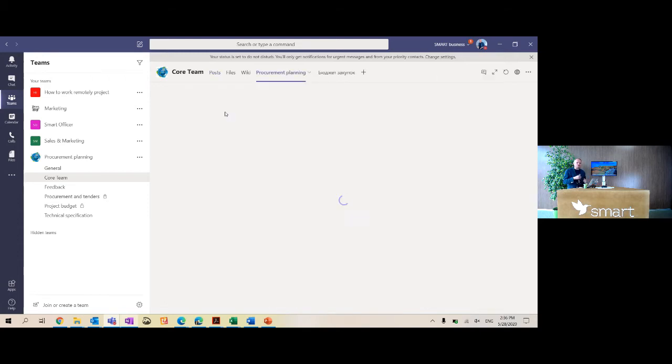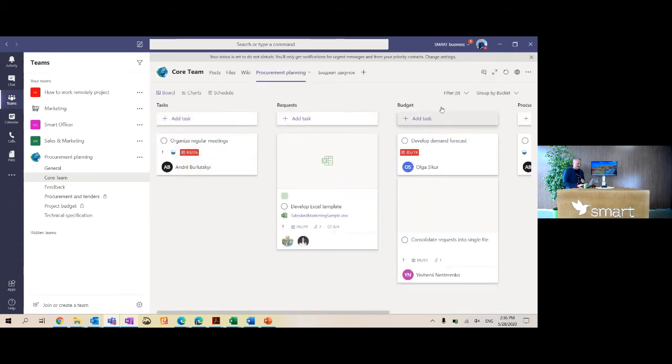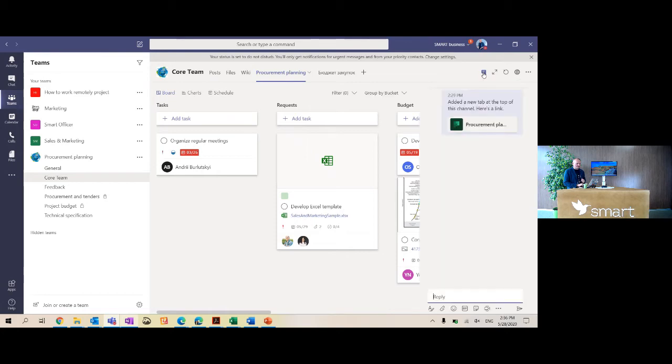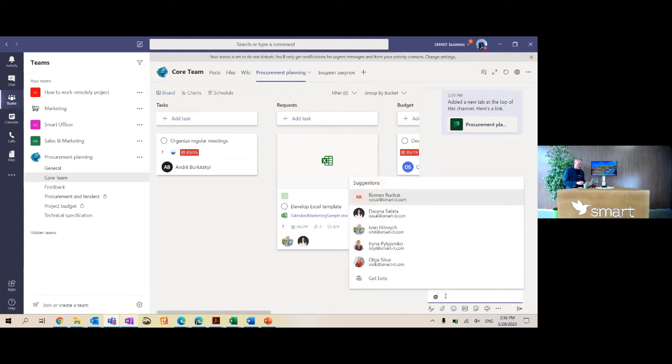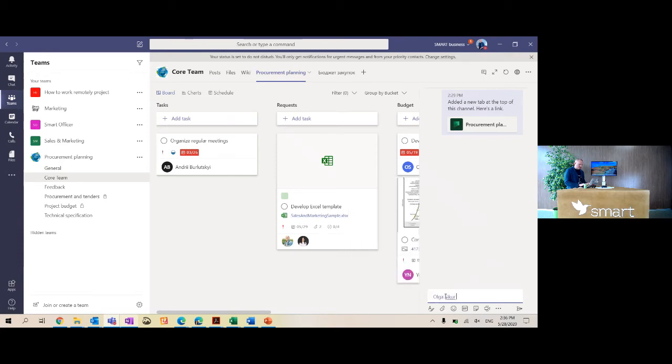So what I can do to ping Olga about the task? I'm going into the top right corner. There is a show tab conversation. You see, if I click it, it will open a chat window where I can ping Olga and ask the question. Using @ mentioning, I will start typing Olga's email and will ask her,